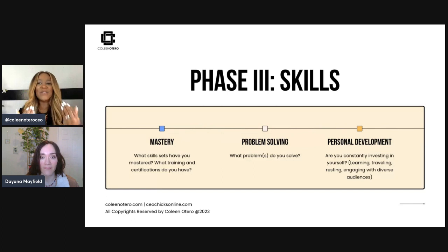Again, your skill set, personal development. Are you constantly investing in yourself? I said it before, learning, traveling, resting, of course, is important because you get a lot of ideas. I don't know about you all. When I say I'm going to rest, for some reason, I get a lot more ideas, but resting, engaging with